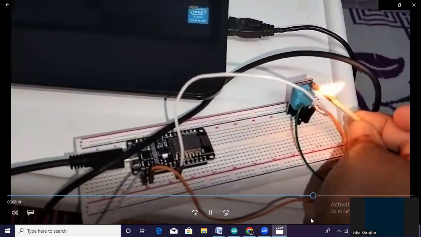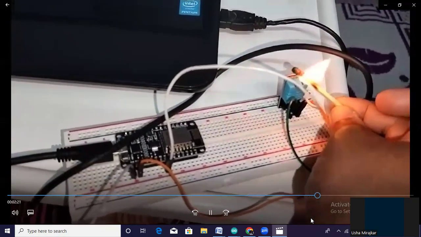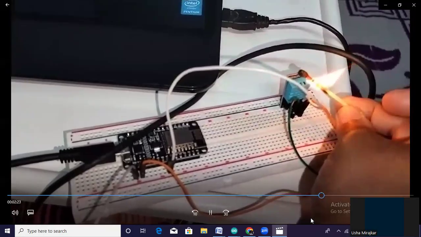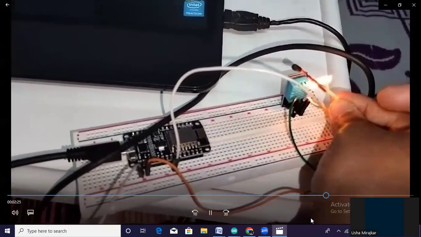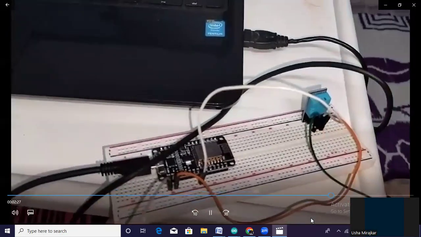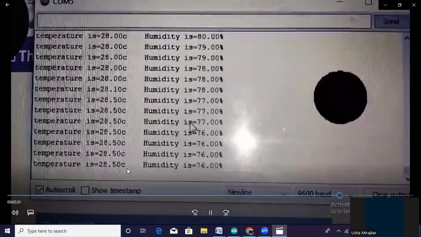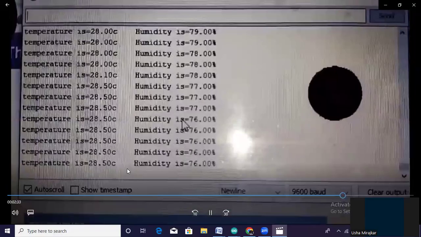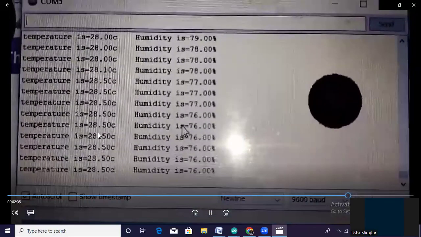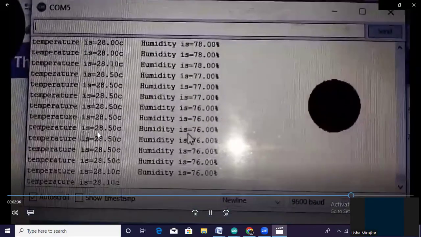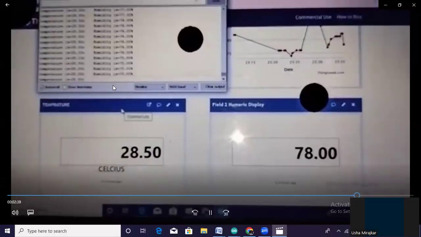We are increasing the temperature near the sensor. Now you can see the temperature has increased to 28.5, and this is the corresponding humidity value.